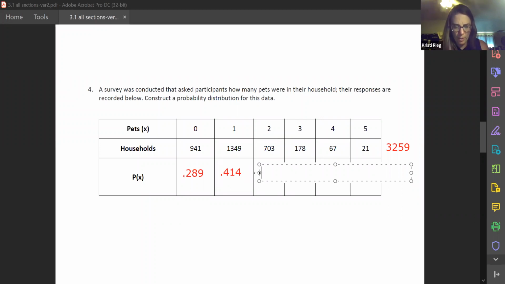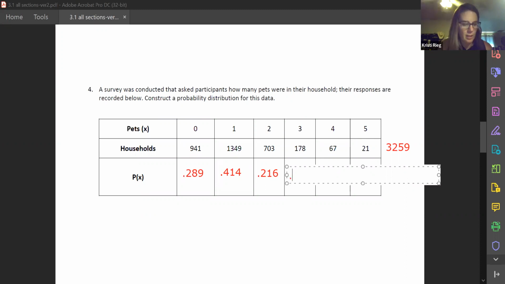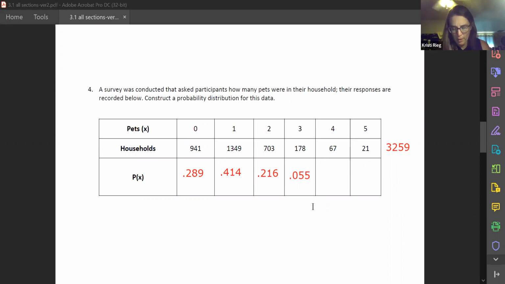703 divided by 3259 is 0.216. If you are getting these slightly off, check rounding because this one said 0.2157, so I did round up. 178 divided by 3259 is a tiny one. Don't forget that 0.055. Ooh, this one looks even smaller, 67. Oopsies. Did it slightly wrong, 3259. And I get